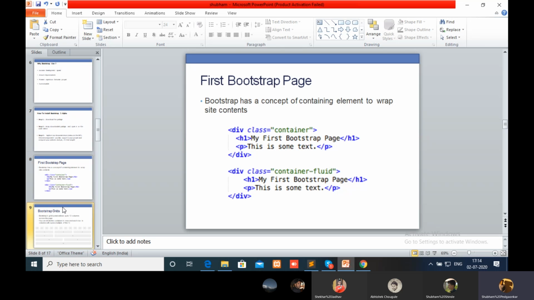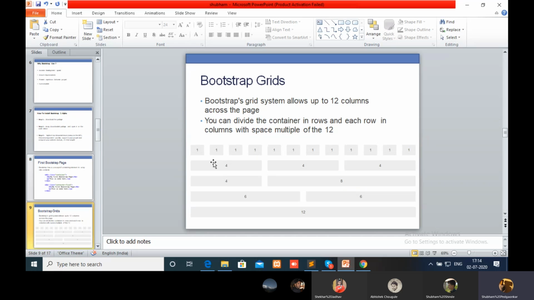And this is the grid system. The grid system of Bootstrap 5 is totally similar to Bootstrap 4. There is no need to worry that because a new version is launched there are changes in the grid system.